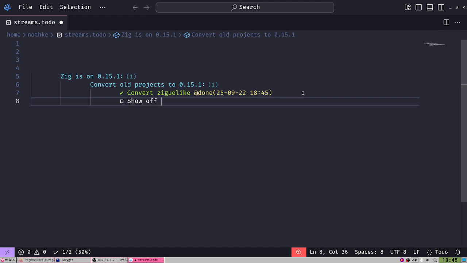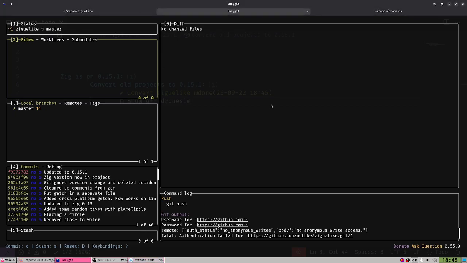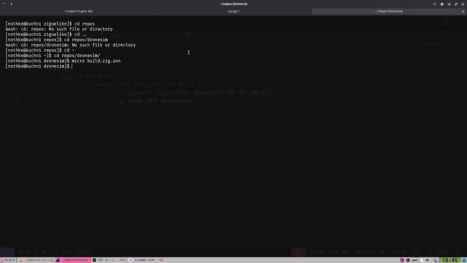And show off Drone Sim. So there's a new thing that I've been working on. I started two days ago when I went to Balkon, the IT conference in Novi Sad, and a friend of mine, another Zigger, showed me a drone simulator which ran like crap on his laptop.